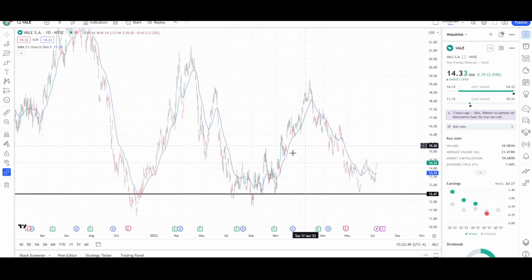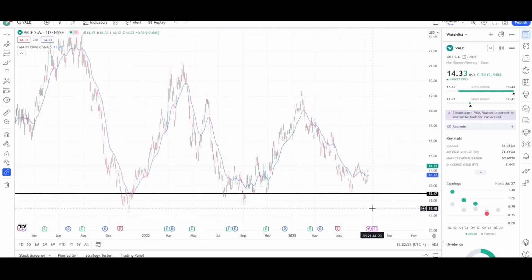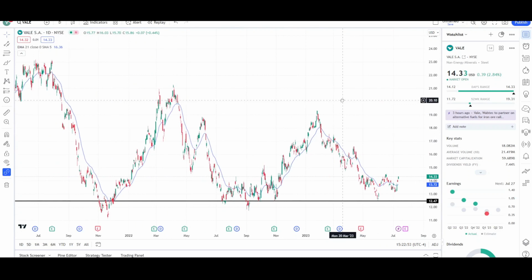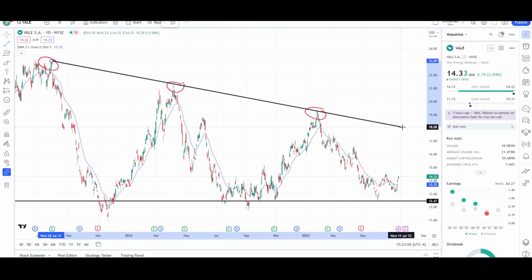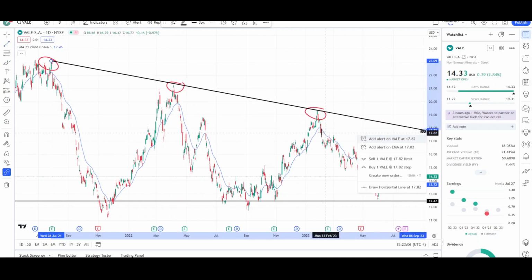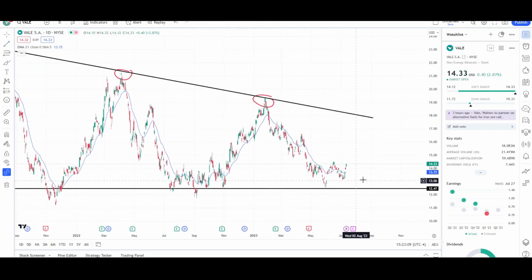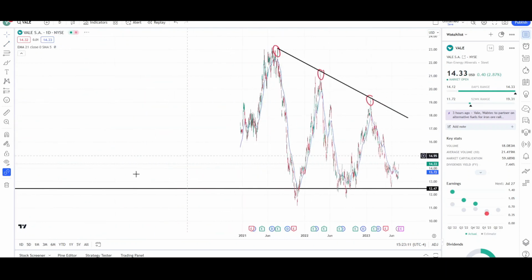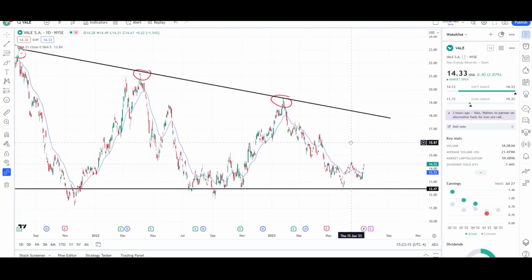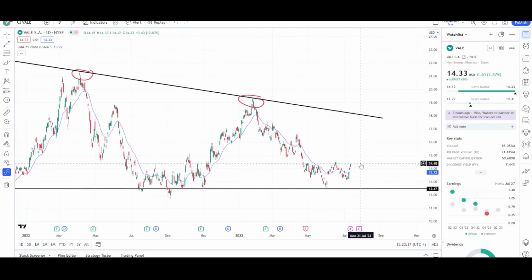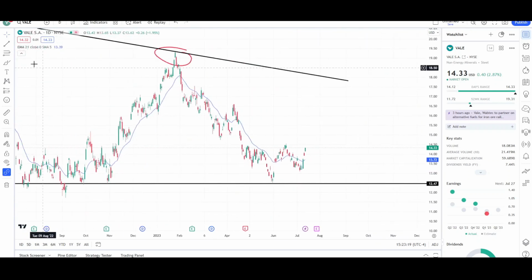So since price is unable to break down lower, are we going to go higher? Well, not so fast, because you can see that price is making lower highs. There's a high that's lower than the previous one, and here's another high lower than the previous one. So there's this descending triangle pattern in play. It could break out towards the downside, but if you look at the overall context, it could probably break out towards the upside. So since price is unable to break down lower, it looks like we are momentarily reversing up,